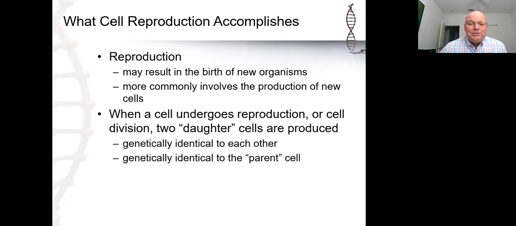So mitosis is at the heart of our growth and development. After the zygote forms, after the egg and the sperm unite, mitosis kicks in. The zygote divides into 2 cells, which divide into 4 cells, which divide into 8 cells, until we get to our final adult form. It's all about mitosis. And you might think that by the time we get to our full adult form, there would be no further need for cell division, at least for mitosis. And you'd be wrong,